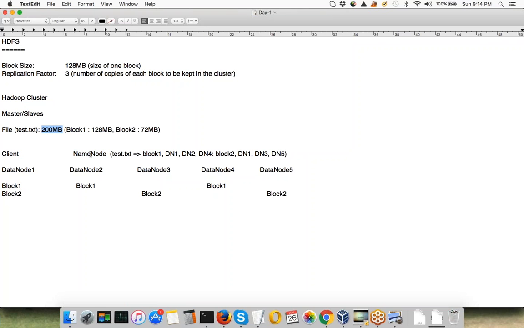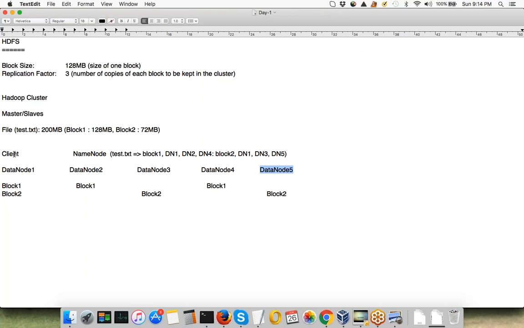The name node knows about the capacity of every data node, about the free capacity of every data node, where exactly free space is present. The name node will tell the client, okay, these are the data nodes on which you can write your first block, right? And these are the data nodes on which you can write your second block, right?